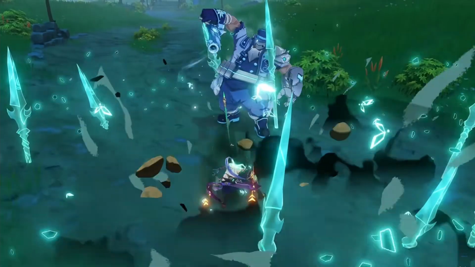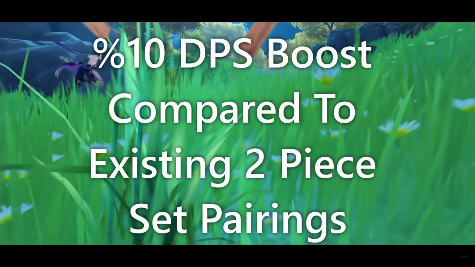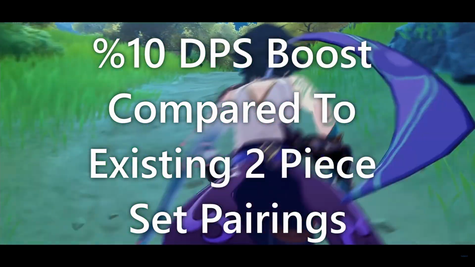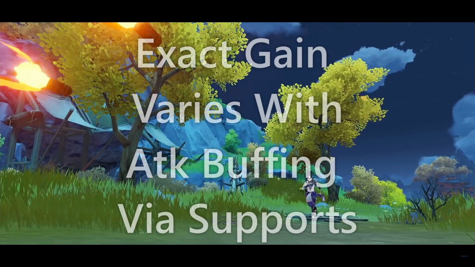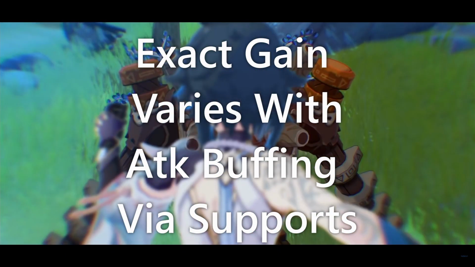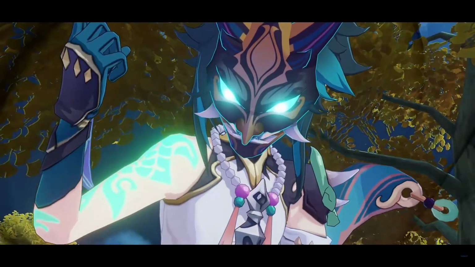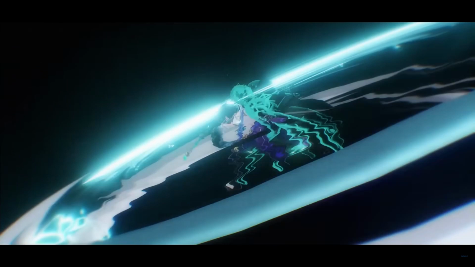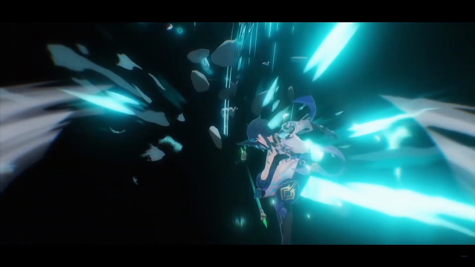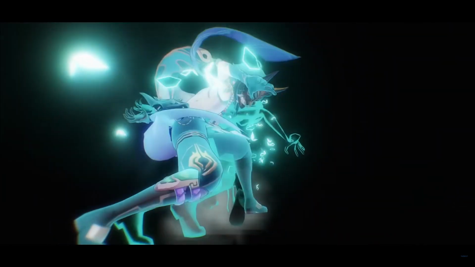The overall increase in damage on Xiao is going to be roughly 10%, but this may vary depending on the team composition. For example, if you are using him alongside Bennett, you will be getting diminishing returns on your attack gains and therefore getting a bit less out of the set. This does, however, open up some potential variation on team compositions without as much of an efficiency loss as with previous gear. You could be running a team without Bennett and therefore you'll be getting more out of this set,